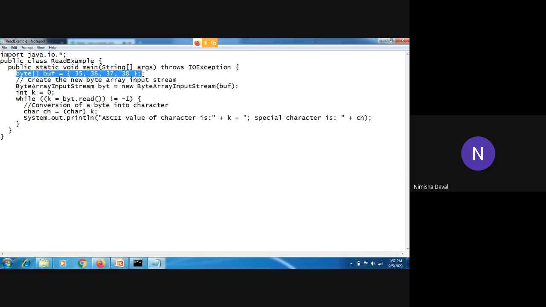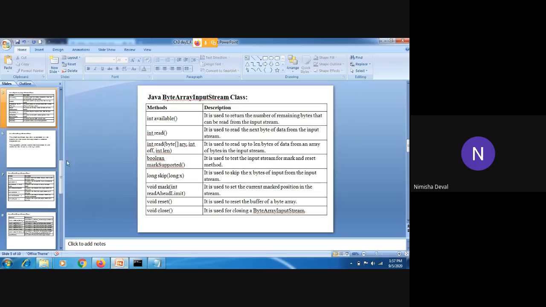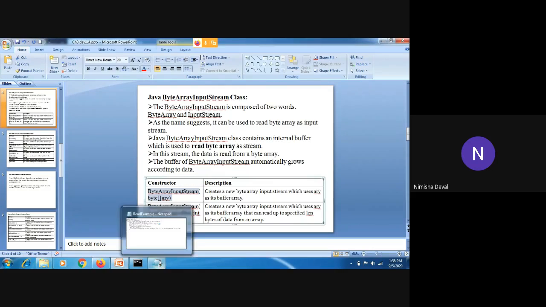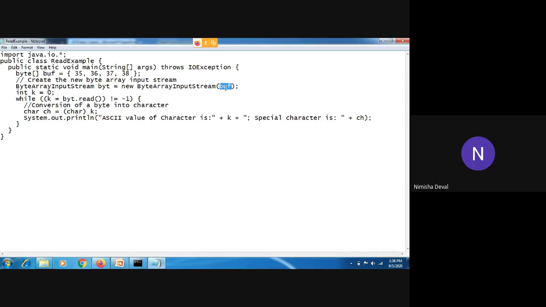This is the one byte array having the name as above, which contains four values from 35 to 38. And then this is the object of a byte array input stream, and here we have provided that buffer, means that array, as we have seen in the constructor. I will show it. Okay, this is the constructor. We have used this constructor. It automatically gives size to that buffer. So we have passed that object, means that array, over here.